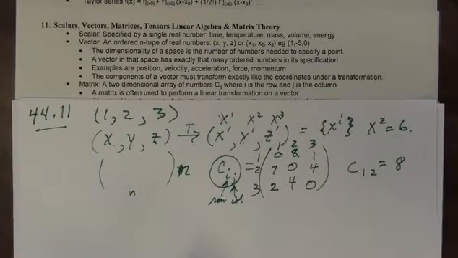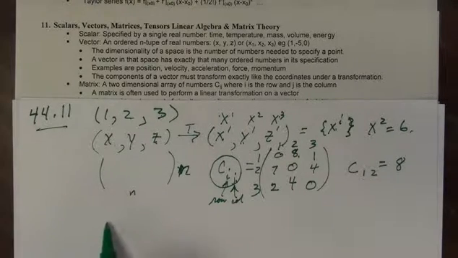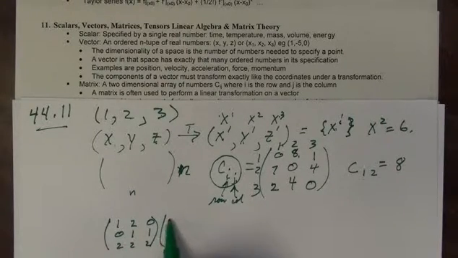A matrix is often used to perform a linear transformation on a vector. That's the basic study of linear algebra. If I have a matrix with rows 1, 2, 0; 0, 1, 1; 2, 2, 2, and I let that act on a vector of 1, 2, and 1, then the way that you compute the result of this transformation, or matrix times a vector, or